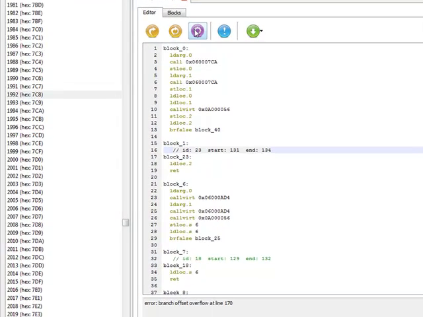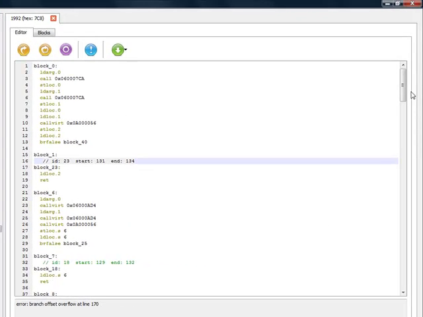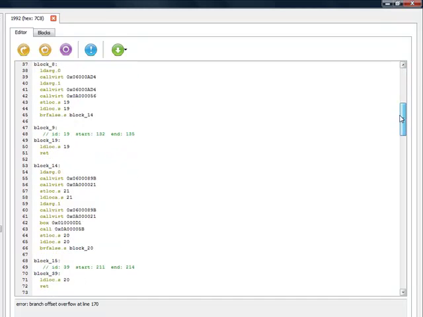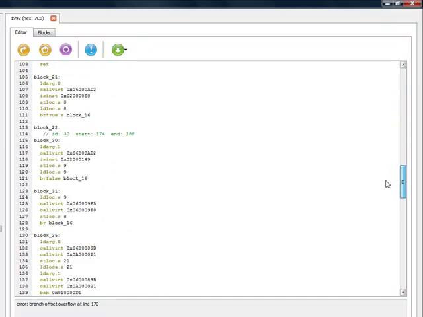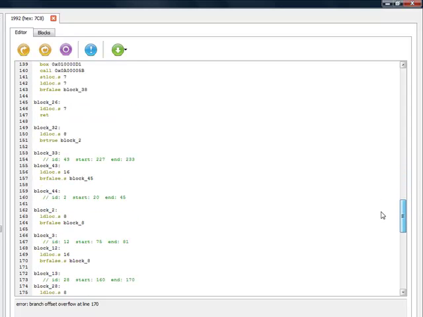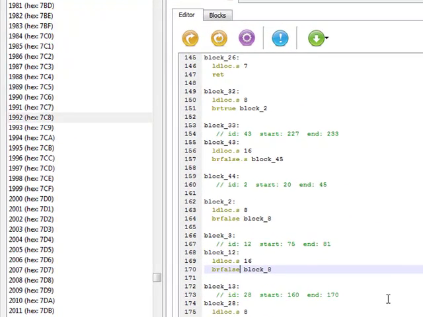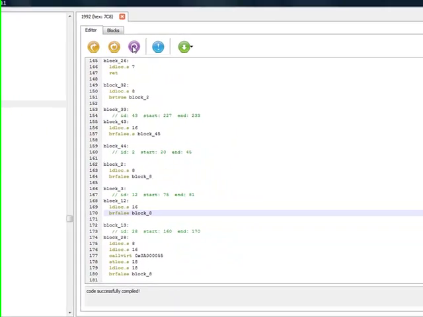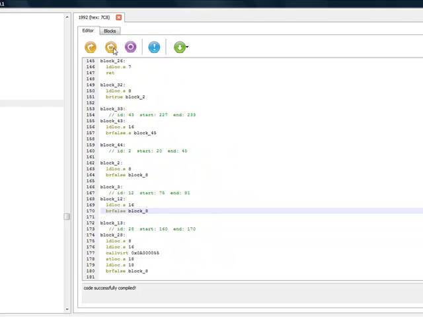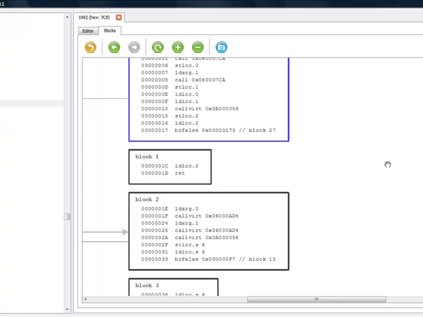If I compile, you can see that it gives me an error. It says branch offset overflow at line 170. This is because there's a small branch which tries to jump to a location which is too far away for a small branch. I just remove the small part of the branch and leave a normal branch. I could have done this from scripting, but I forgot about it. Okay, now it compiles. We transfer the code to the blocks, and we can see